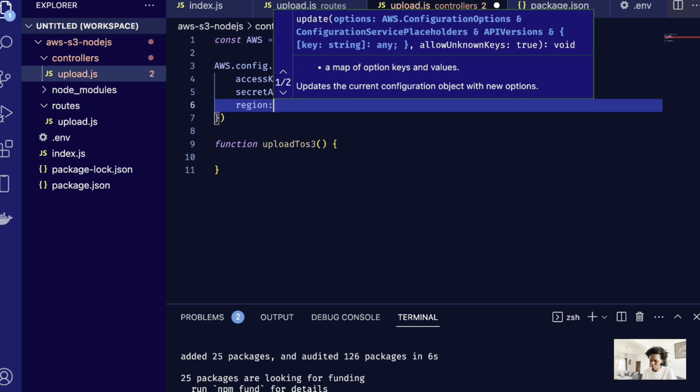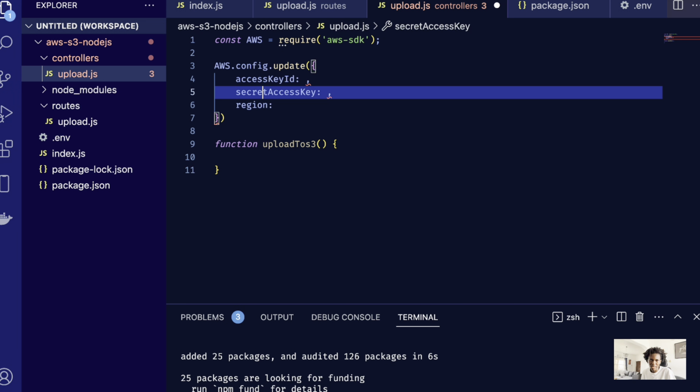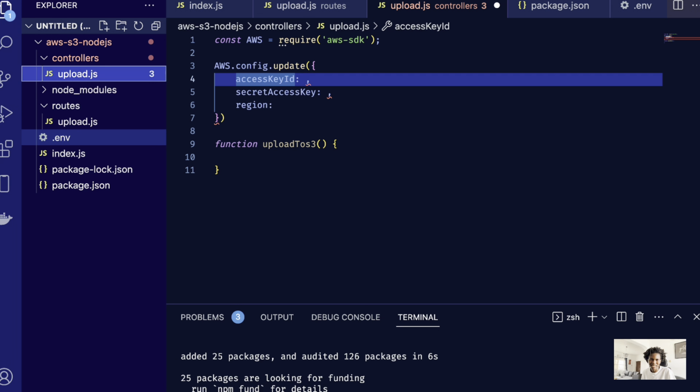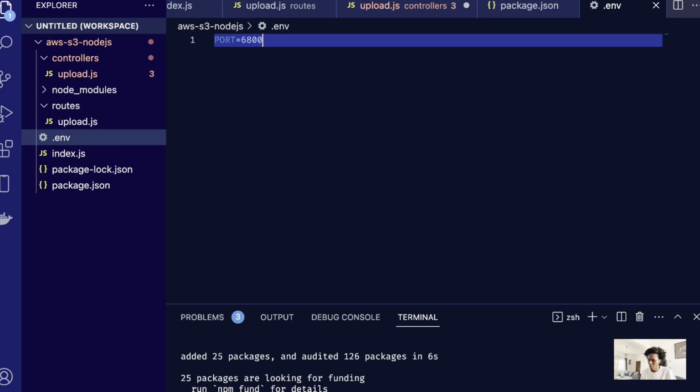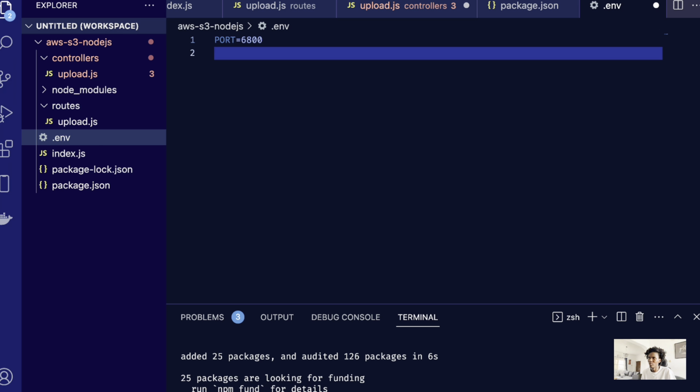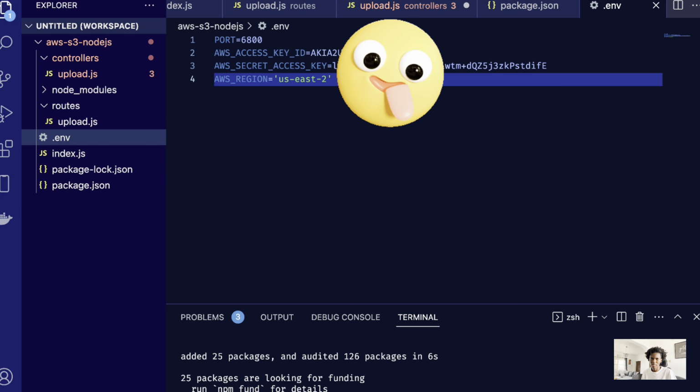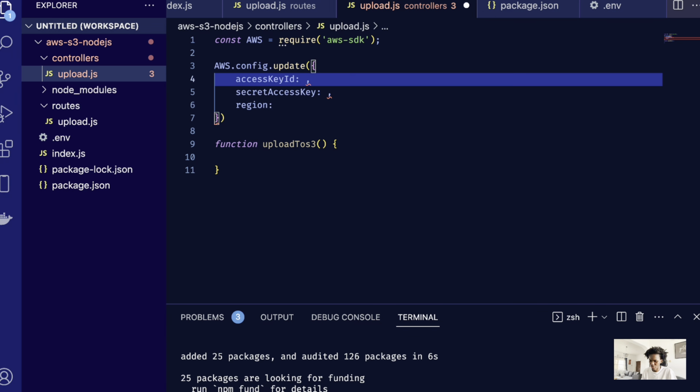So for my region and my secret key and my access key, all of that will be placed inside of my env file. I already have that, so I'm just going to copy and paste it inside of my env file. So let me get that copied, and we have it here. So I'll save that, go back here, and all I need to do is just call the